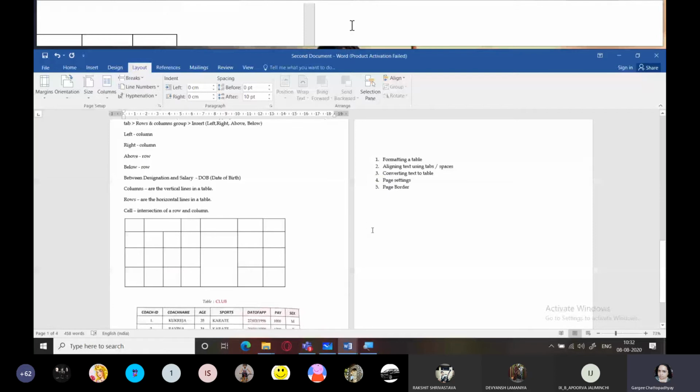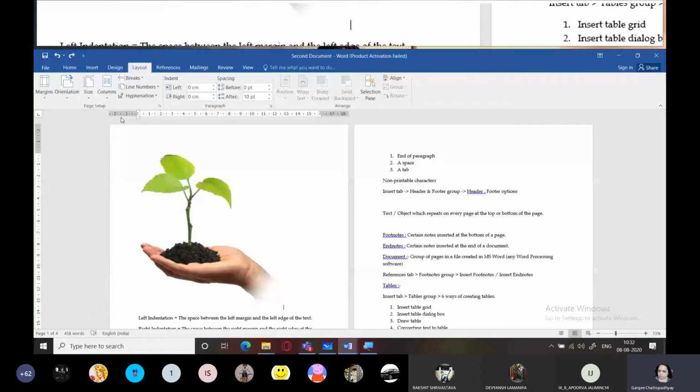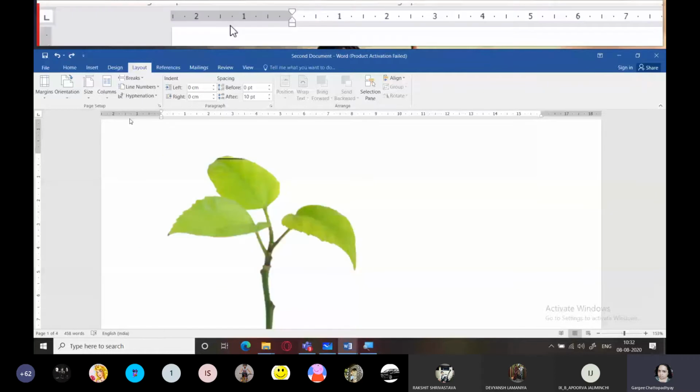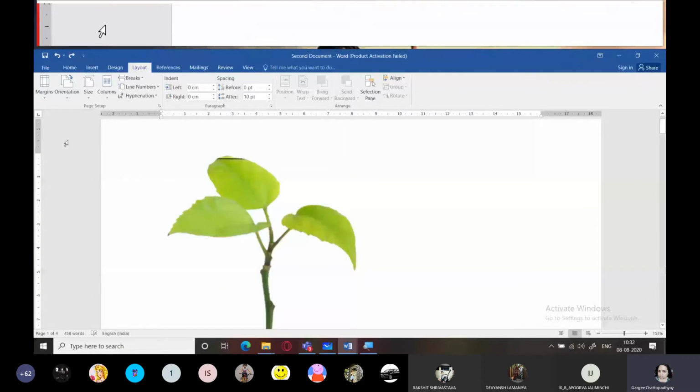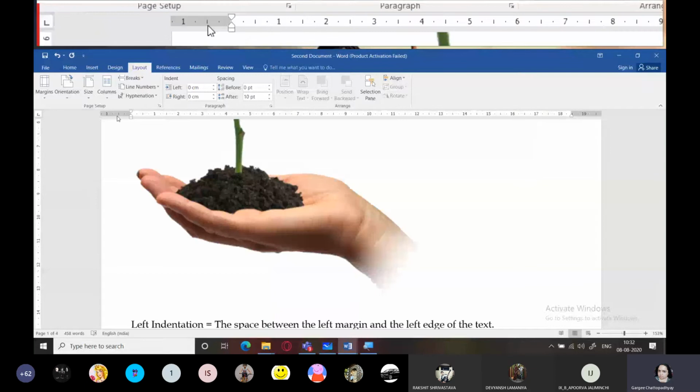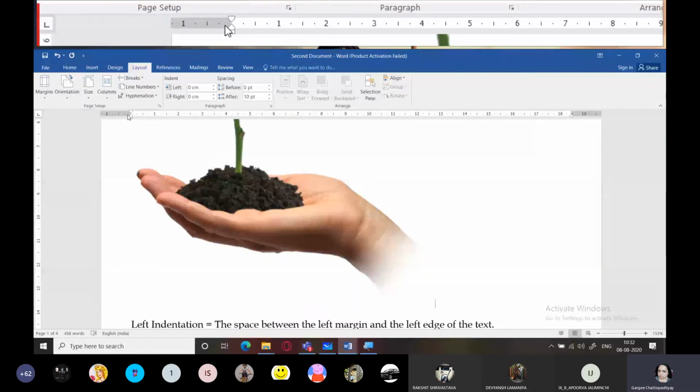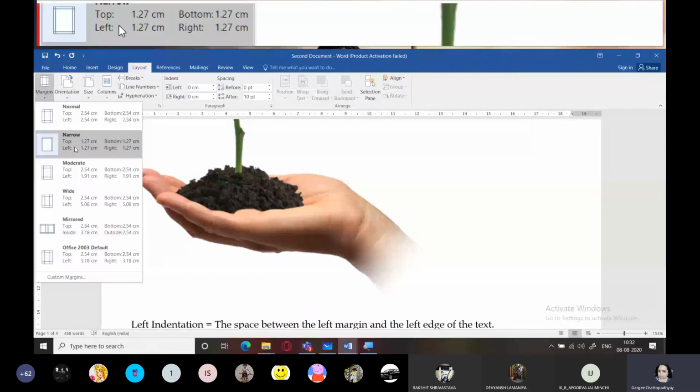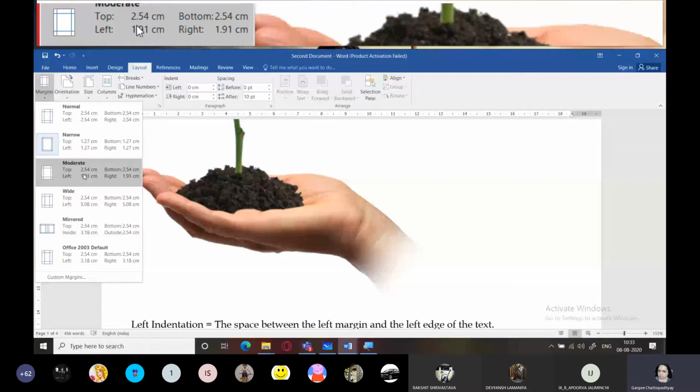And you can also see the page margins from here. I'll press Ctrl Z. When you press Ctrl Z, you can see how wide it is. When you select narrow from here, you can see that the margin has been reduced. It has been converted into 0.5 inches from all the sides, which is 1.27 centimeters. Moderate is this. Wide is this.